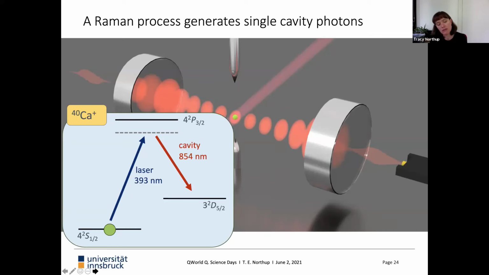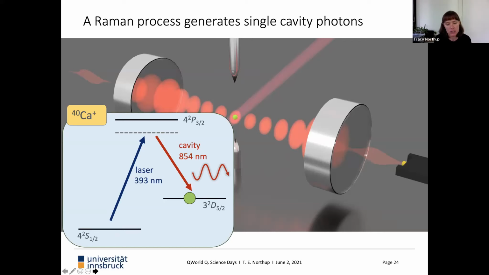It turns out that if we have just 1 laser, and that's what's indicated on the left, together with this vacuum field, but we adjust their frequencies correctly, we can use it to transfer an ion from one state to the other state to the right-hand side, avoiding population of the excited state. And in the process, we generate a single photon in the cavity to make up for that energy difference. So that unitary evolution of that system will take us back and forth between the 2 states, absorbing and re-emitting the photon.